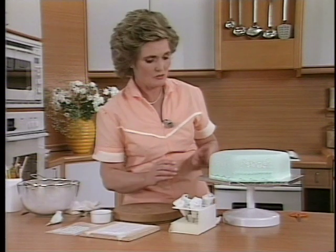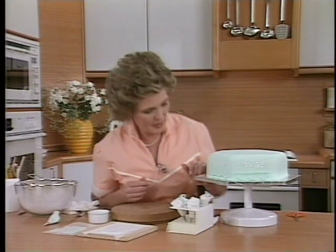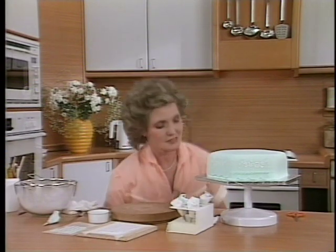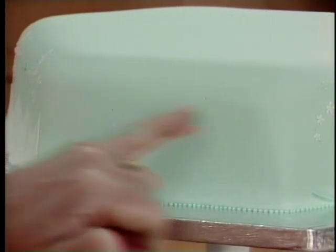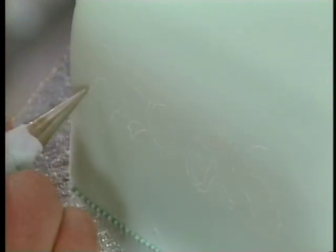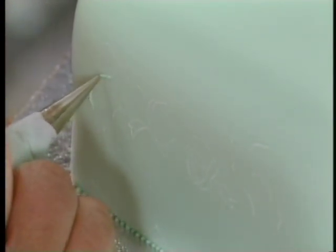Okay, so what I'm going to do now is go on to the actual cake, and the pattern, I can sit down to do this, the pattern that I was showing you first thing this morning is now being scribed on the cake. And I'm going to use my coloured icing to pipe the stem lines, follow the lines around,